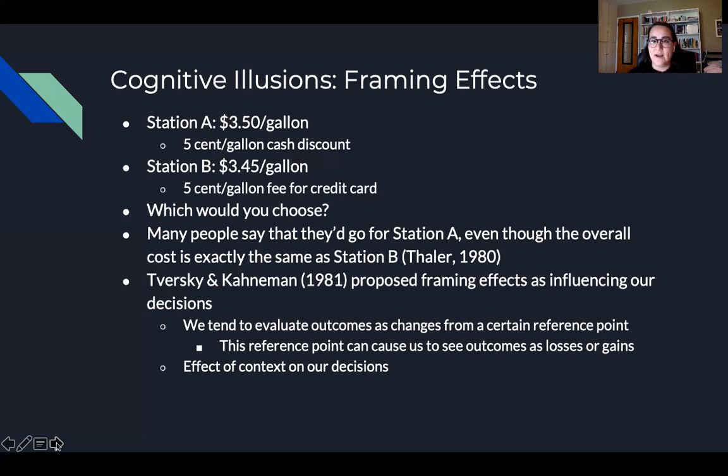And this is something that often happens in marketing. We're not going to go into the applied side of psychology and business, but I'm sure many of you have experienced this sort of framing effect, telling you, oh, there's a discount, or there's some sort of sale, or there's an extra charge for using a certain type of payment or things like that. And this has a lot of potential to really sway our decisions because of the context within which we think we're making that decision.